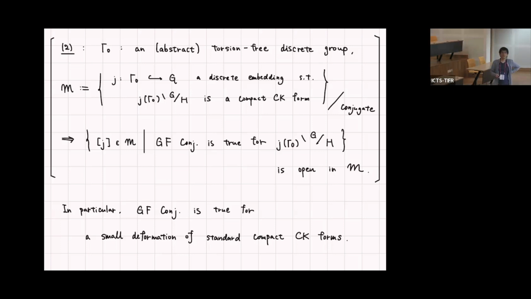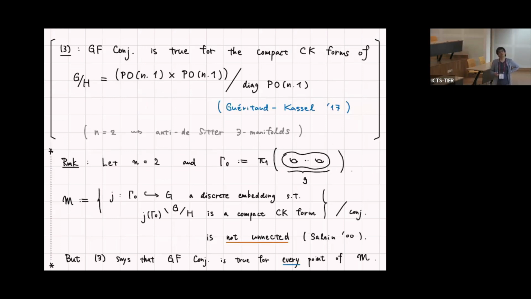And beyond the standard quotient or its small deformation, there are two cases where the geometric fibration conjecture is known to be true. The first example is the case when G mod H is a group manifold of PO(n,1). As a space, it is just the Lie group PO(n,1), but you consider left and right action. So in this case, the validity of the geometric fibration conjecture was proved by the work of Gueritaud and Kassel,